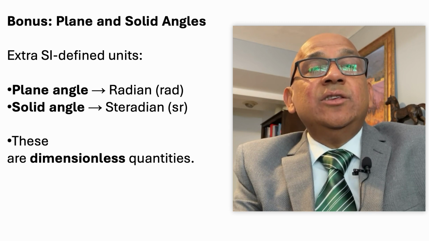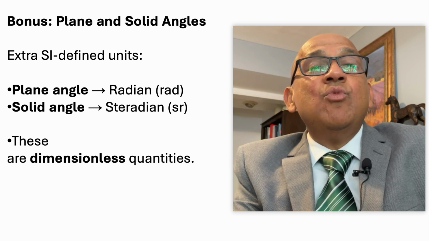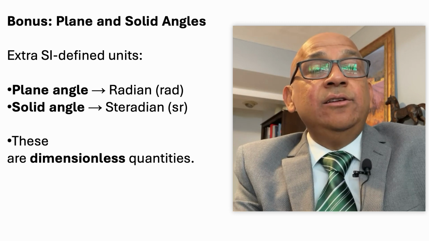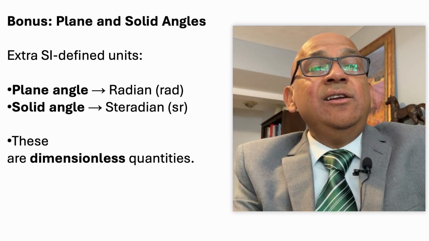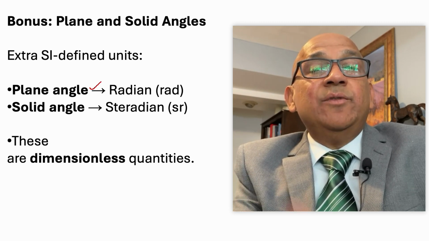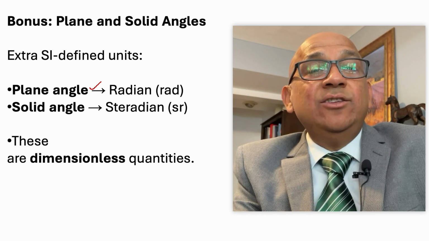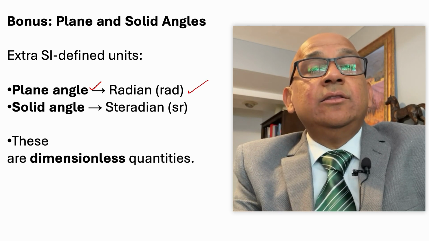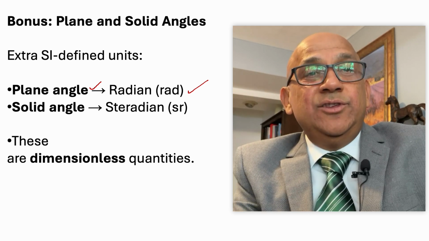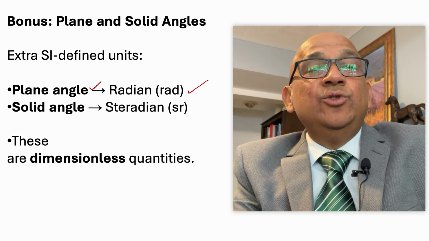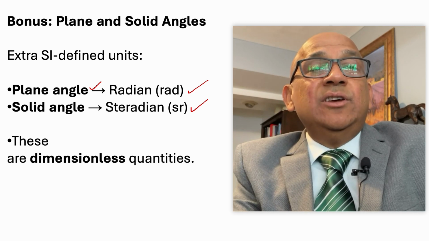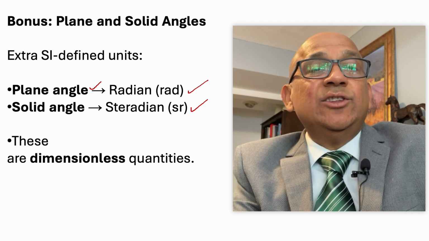In the third column, I have shown the symbols for each of these units. In addition to these 7 units, there are 2 more units in the SI system. They are to represent angles. For plane angle, suppose in a plane you have an angle between 2 lines, they will use the radian, and for solid angle in a 3-dimensional system, that angle is used in the units of steradian. So, both of these angles are dimensionless quantities,